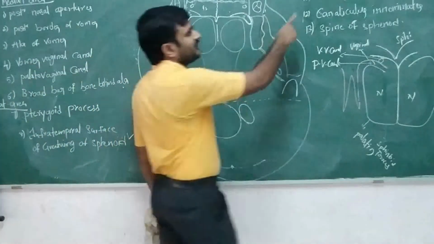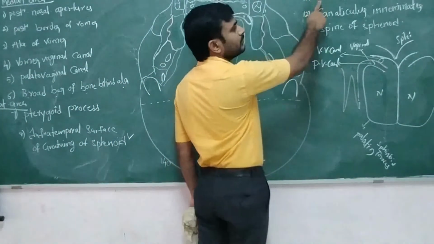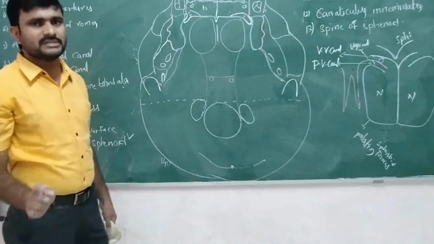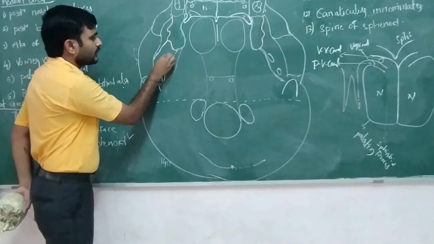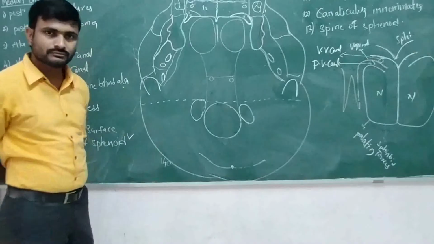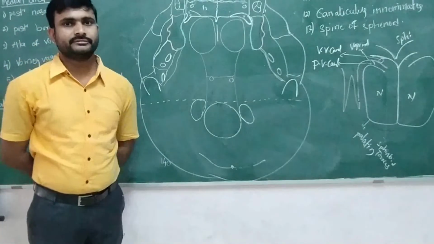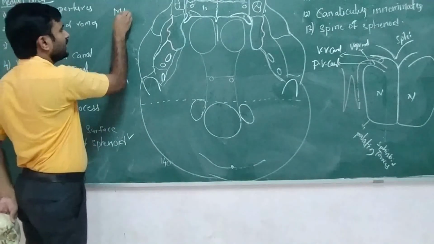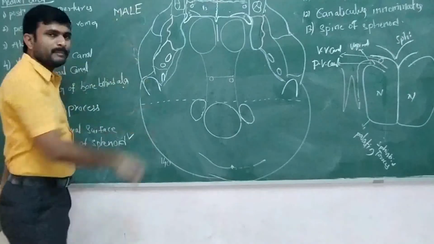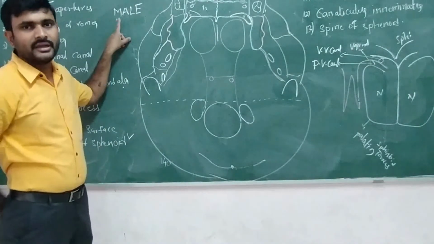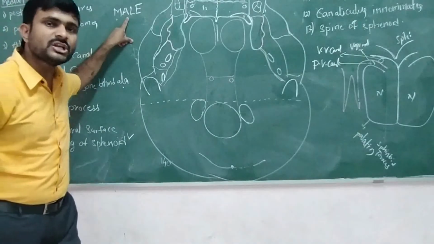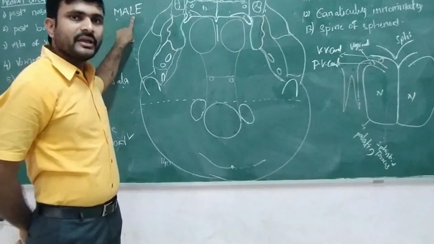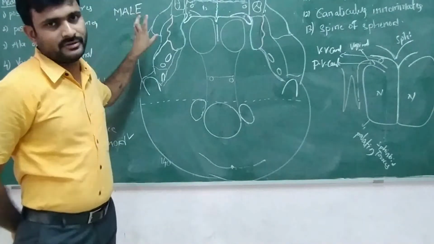Next we come to the 4 foramina, which I will explain: foramen ovale, foramen spinosum, foramen vesalius, and foramen innominate. First, this is called the foramen ovale. Through this foramen ovale, 4 structures pass. Those structures are A, L, E, M. M means mandibular nerve. A means accessory meningeal artery. L, lesser petrosal nerve. E, emissary vein.